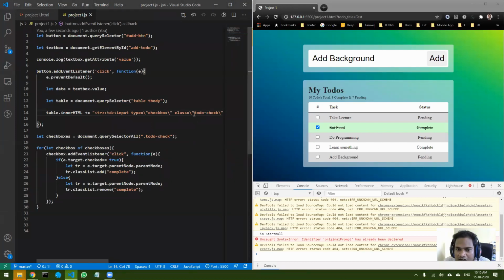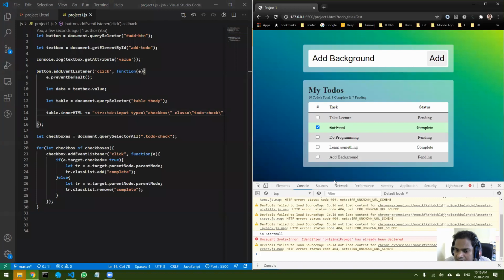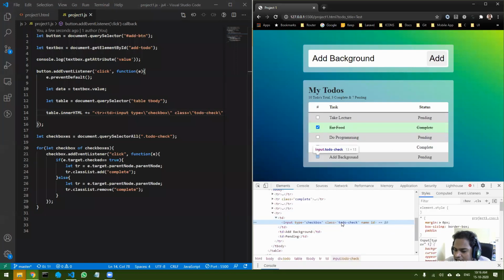Right now I am doing the check, but it is still not working. Because I am adding the text to the table. But inside this div, let me just inspect and see.